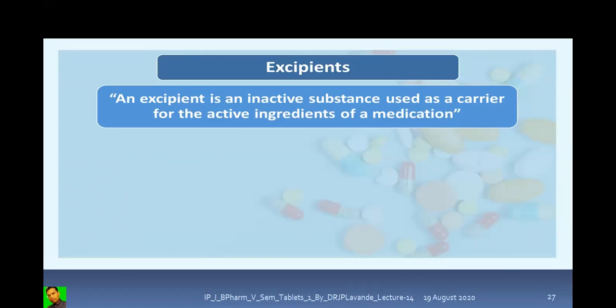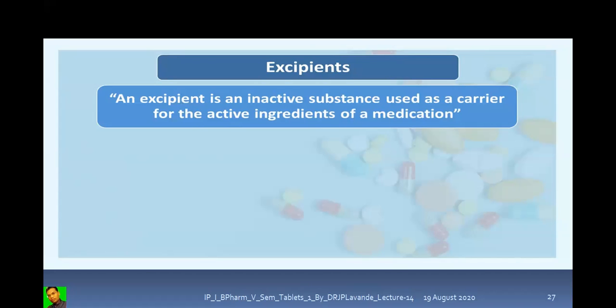The same is the case in pharma, right? We had studied the actual API, which is the main constituent for any kind of dosage form. But in order to produce that particular dosage form, the work will not come out simply by taking the active pharmaceutical ingredient. In addition to the active pharmaceutical ingredient, we require supplementary and ancillary substances, agents and constituents. So these are properly called excipients.